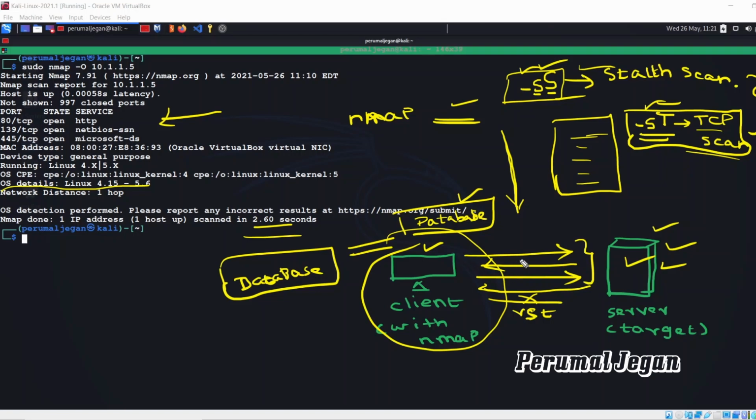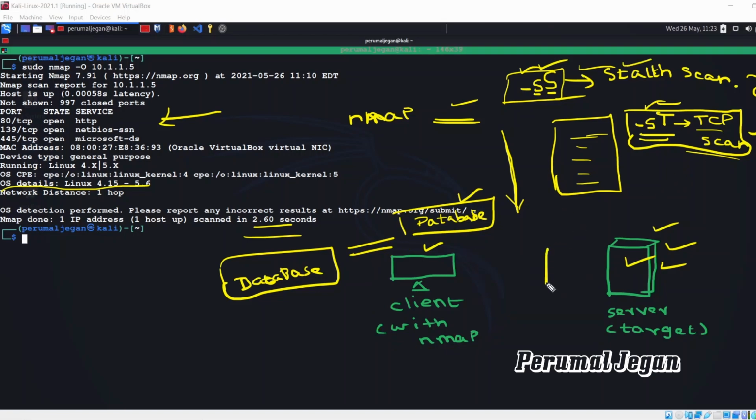And one more important thing, if your target network is using any powerful next generation firewalls or updated IDS IPS, then they can view the stealth scan that you are running. You are no longer safe against those devices.